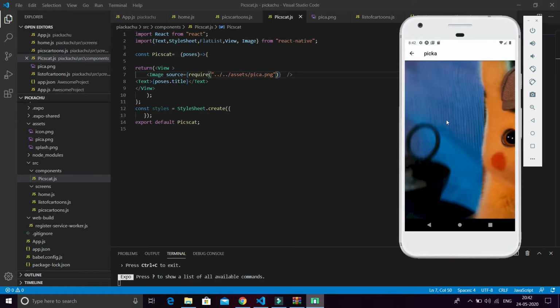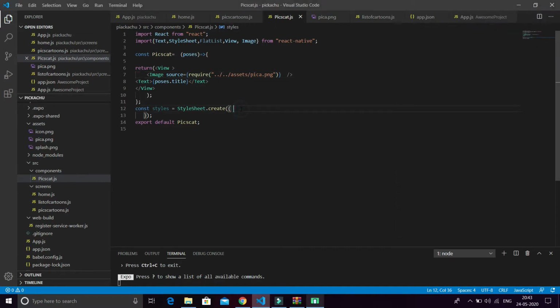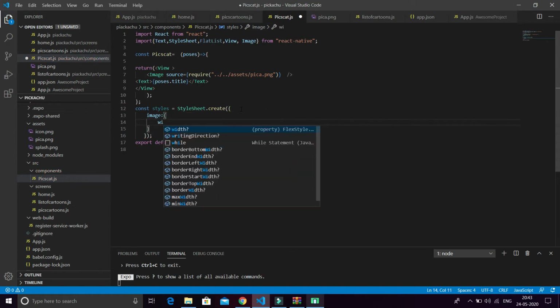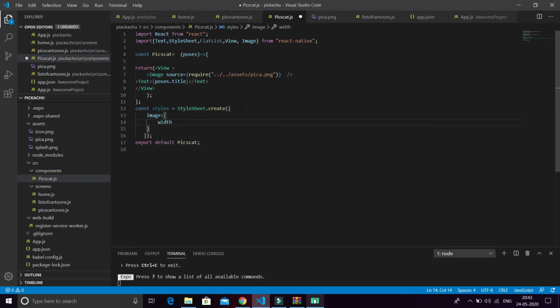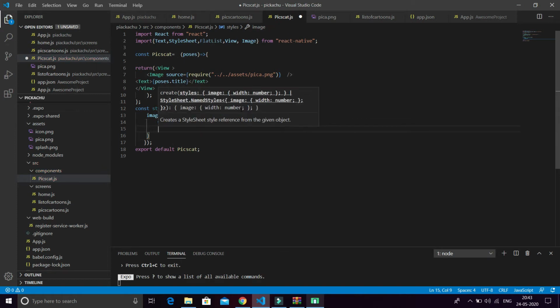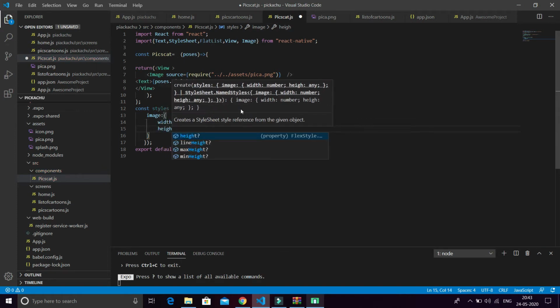You see the image is very big in size, so we have to provide some styling. Here I provide some styling to it. I change the width, I provide 100, and the height also I provide 120.